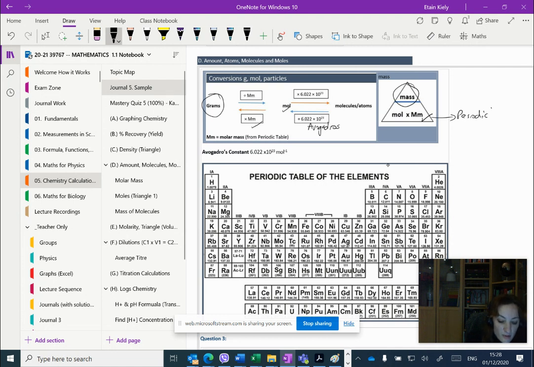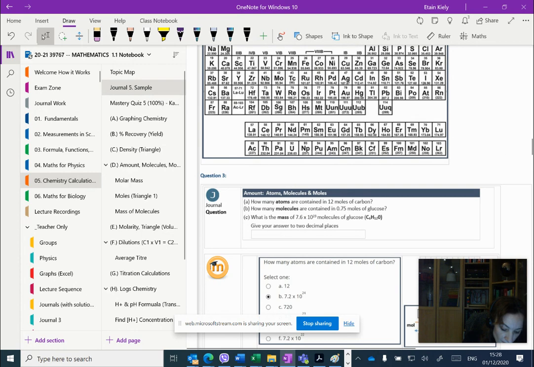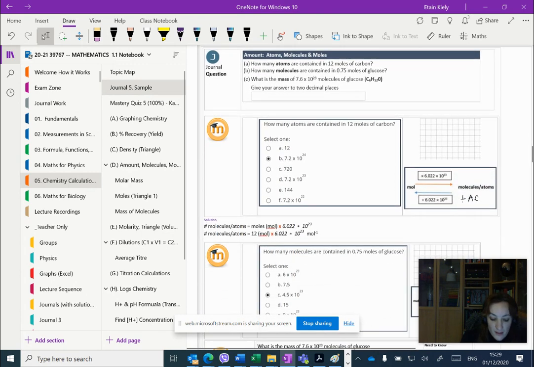So we can use the periodic table to find our molar mass, and if we're given a certain amount of atoms, we can then work in this direction. So if we have atoms, we're going to divide by Avogadro's constant to get the number of moles. So we're going the other way in this one, and we're just going to practice doing a few questions here. We're actually given the number of moles on this particular one. So if we're going from moles to how many atoms,